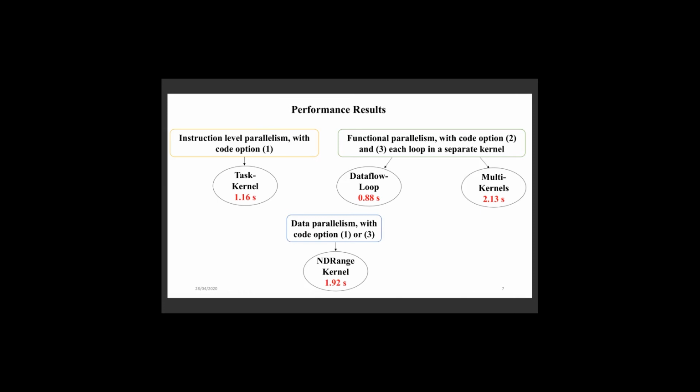For example, a kernel for CU, a kernel for CF, a kernel for Z, and a kernel for H. And we execute all of those kernels in parallel. Or the use of dataflow for functions and loops over that kernel. So we coded the kernel for the functional parallelism with code option 2 as functions, or code option 3 as loops. So with dataflow loop as a functional parallelism, it provided the best mapping performance with